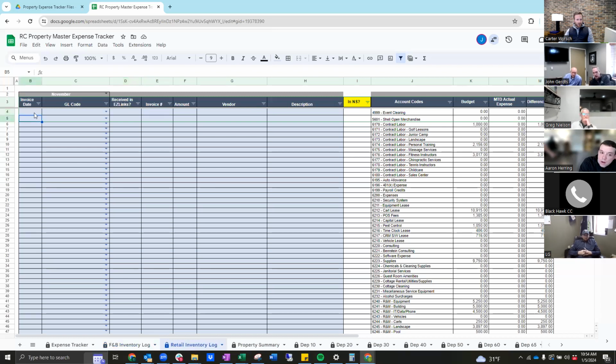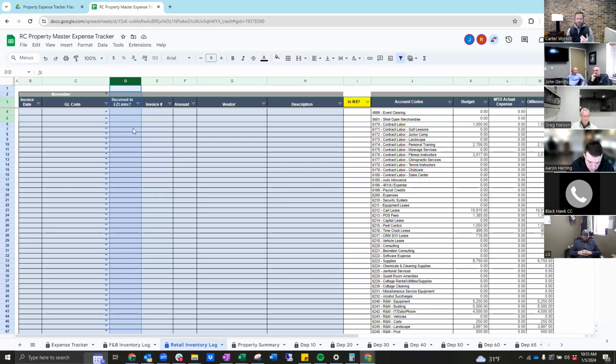So I'll jump to retail. Same exact thing here, right? The only difference is here in column D, and this is really important. And I think this is a good time to talk about how our team is calculating COGS and how this tool will help you to accurately forecast COGS. So specifically to retail, we have this column that says received and EasyLinks, right? So if you're in the golf shop or whatever retail environment that you have at your club, when you get